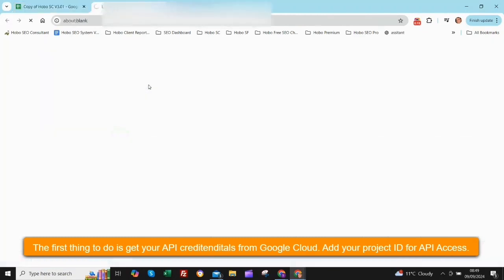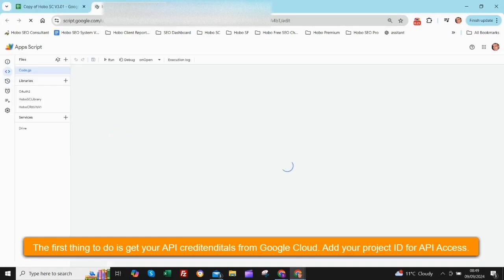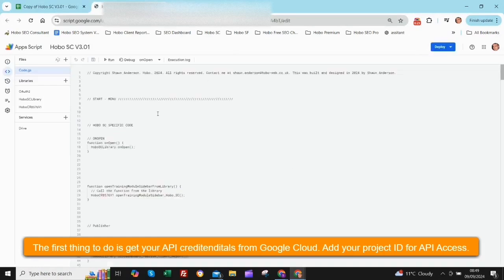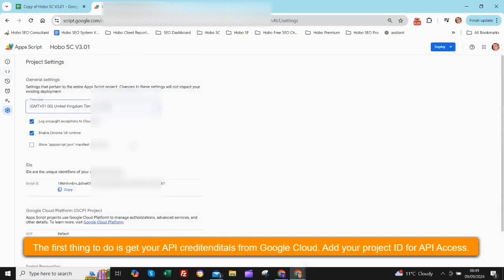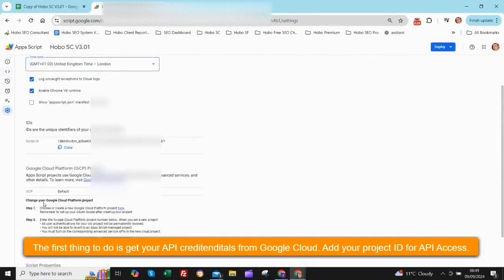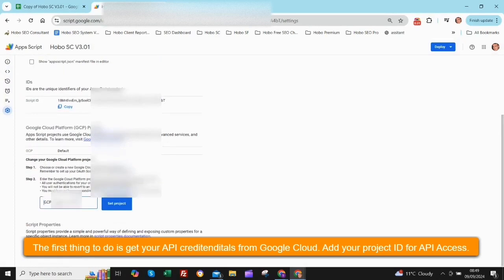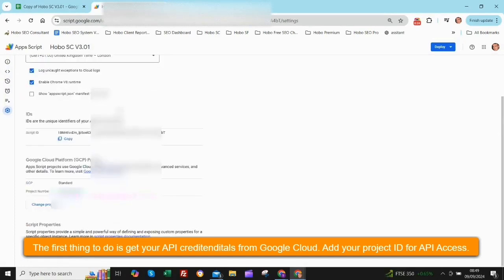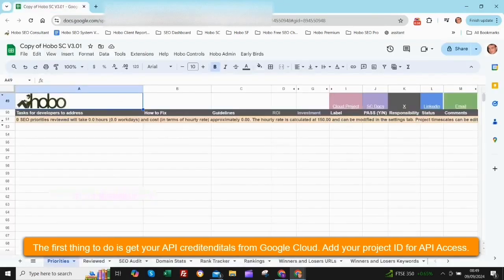But fear not, fellow SEO warriors, because today we're diving deep into Hobo SC. Have you heard of this? I have, yeah. It's been generating some buzz. It's supposed to bring some serious order to the SEO chaos. We've got Sean Anderson's blog post here. He's the creator, and he's basically saying Hobo SC is like having your very own SEO analyst living rent-free inside